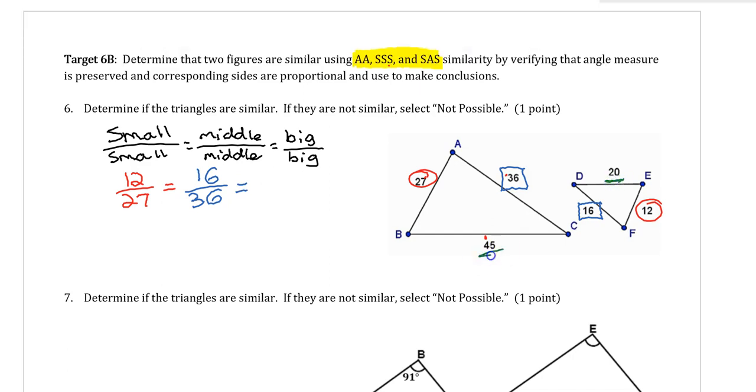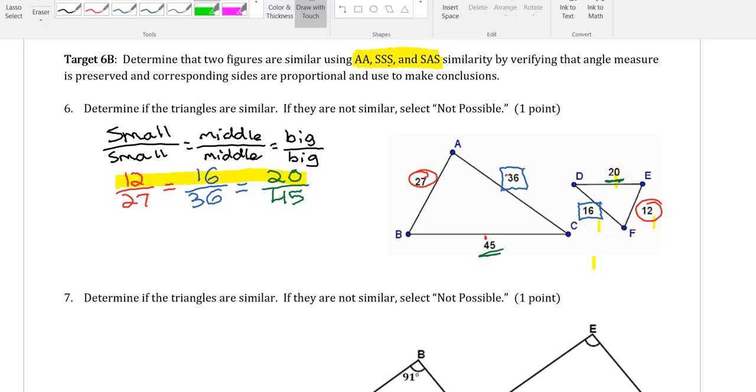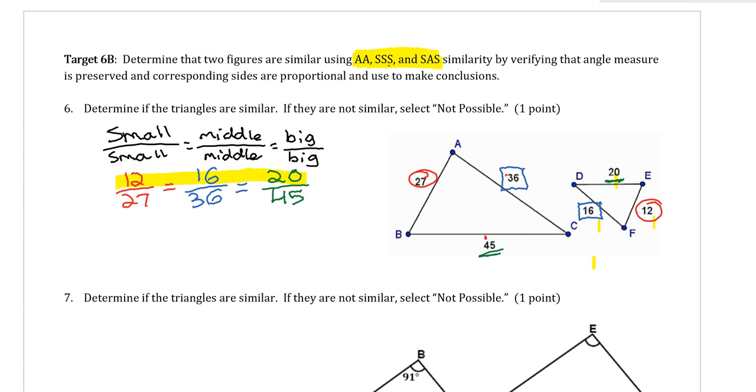Biggest number is 20 over 45. Again, one thing to remember is all three of these numbers should come from the same triangle, 12, 16, 20. Good. And all three of these numbers should come from the same triangle, which again, they do, 27,